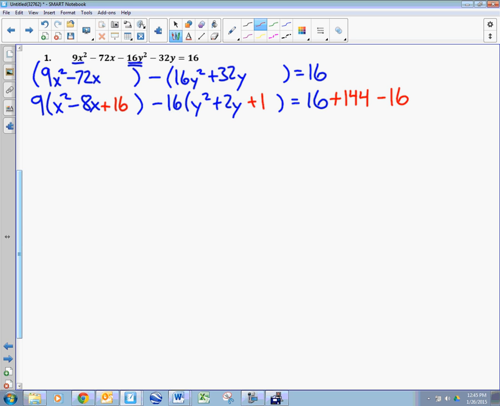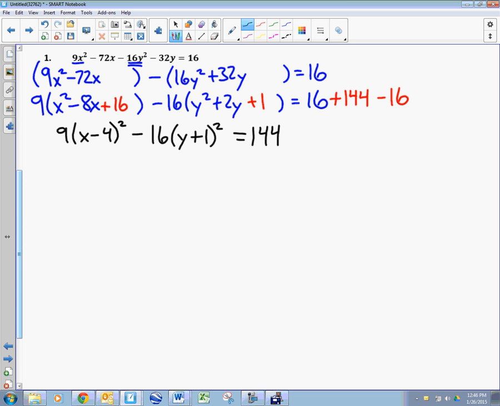Have we practiced this before? Yes, we have. Okay. So I have 9 times the completed square, x minus 4 squared, minus 16 times what? Y plus 1, that quantity squared, equals,